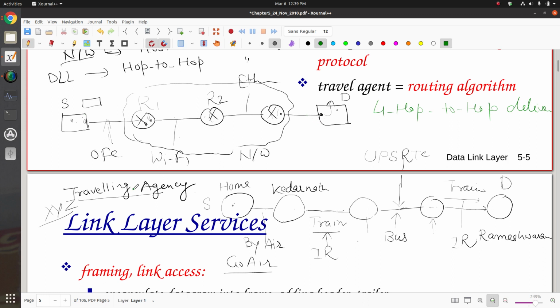ठीक है. सो ट्रैवलिंग एजेंसी की तरह से है, जैसे आपको यहाँ से यहाँ तक ले जाने में जो हुआ, दैट इज, सो यू मे से दैट आई एम जस्ट गोइंग टू रामेश्वरम, बट आप रामेश्वरम कैसे पहुँच रहे हैं? इंटरमीडिएट डिवाइस नोड्स के थ्रू। सो यहाँ से यहाँ ले जाना है, फिर यहाँ से यहाँ ले जाना, ये जो वो है दैट इज डन बाय डेटा लिंक लेयर, बट जस्ट ये डिफरेंस है।